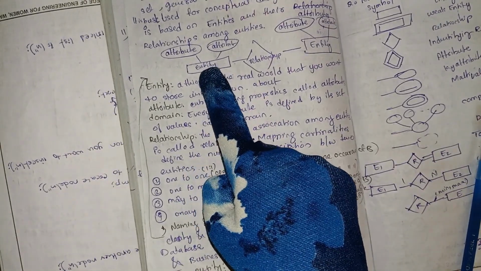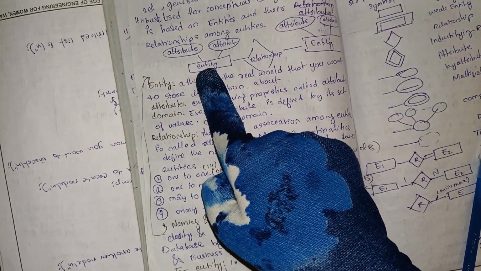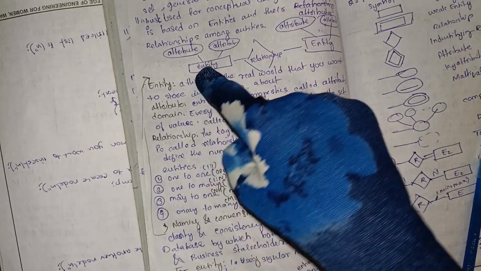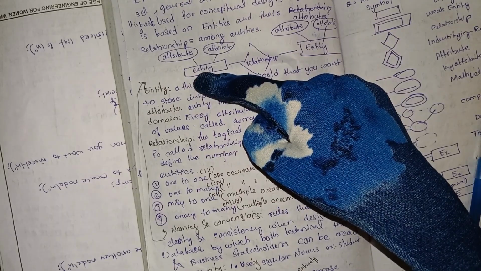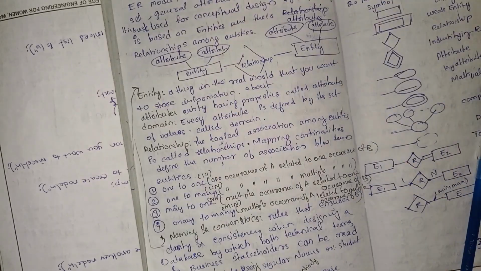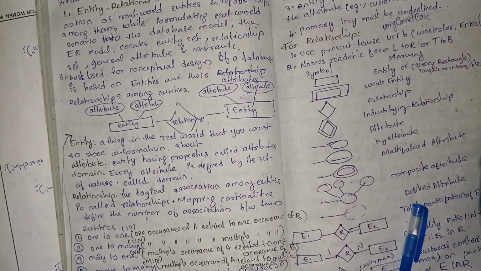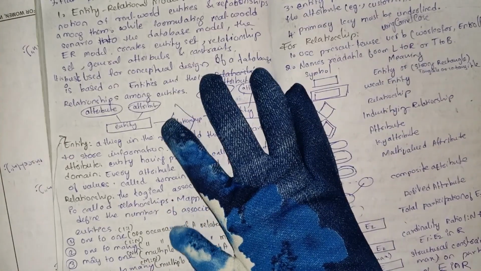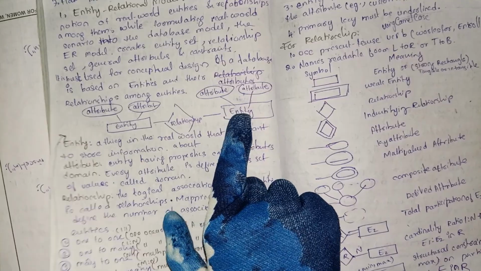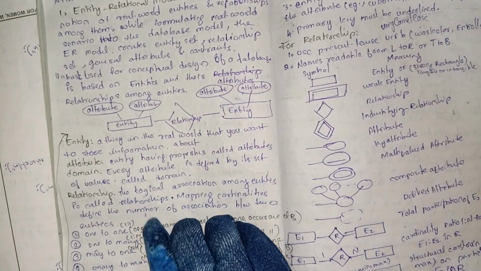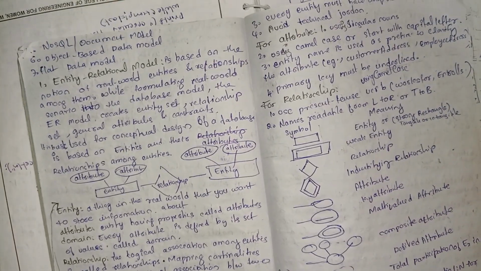This entity should start with a capital letter or be entirely uppercase. It should be a singular noun, and every entity must have a unique name. These two entities can't have the same name, okay. All entities in a diagram should have a